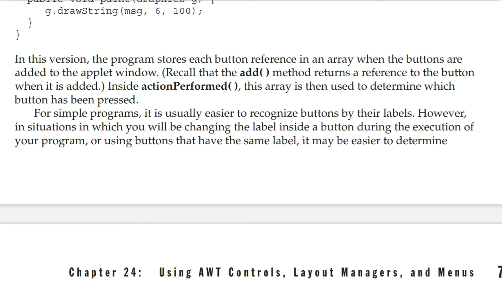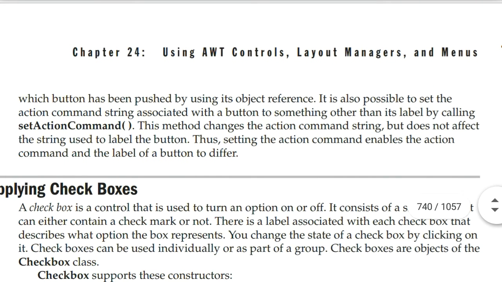However, in situations in which you will be changing the label inside a button during the execution of your program, or using buttons that have the same label, it may be easier to determine which button has been pushed by using its object reference.